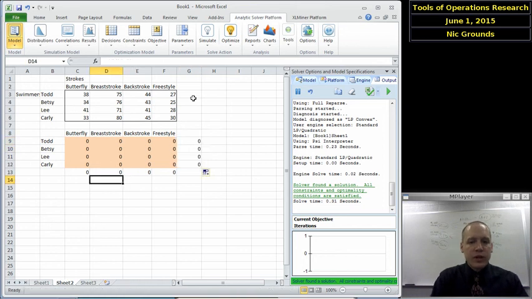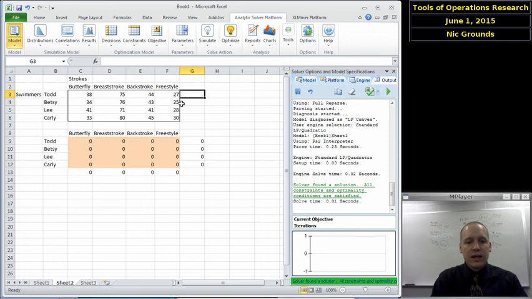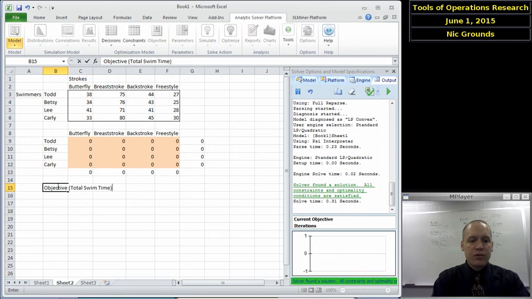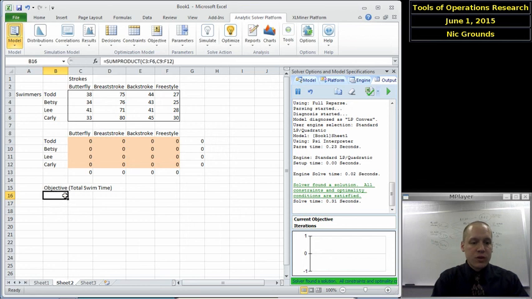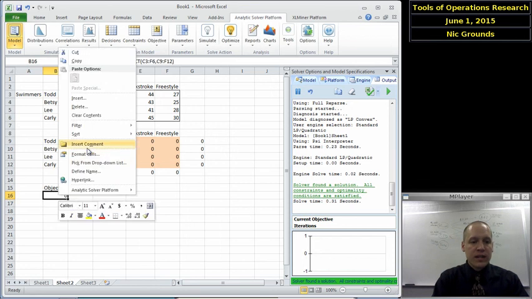Okay. We could represent capacities and demands up here, but since we know this is an assignment kind of problem where we're assigning swimmers to strokes, the capacities are all 1, the demands are all 1, so we don't necessarily need to represent those. But we do need to know the objective, which is the total swim time for the relay team, which again is just computed by multiplying each swimmer's assigned stroke by how long it takes that swimmer to swim that stroke. Okay, so that's a total amount of time that we think the relay team will take,